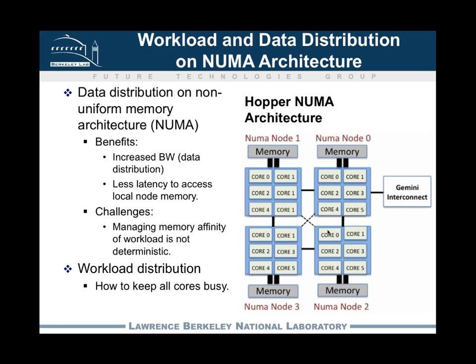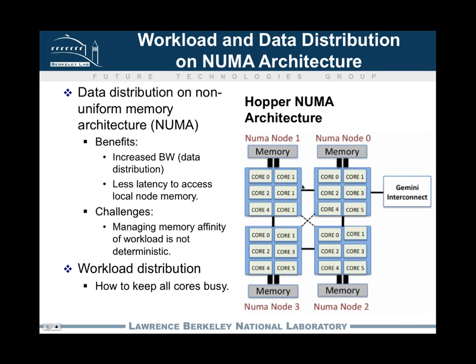And we have 24 cores here. Ideally, if we have an amount of work, we need to distribute it evenly across these cores. Not only that, but we also need to distribute the data that is available, or the data that is used by all the cores, across